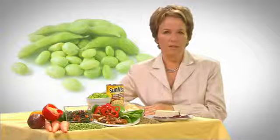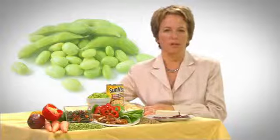Beans are terrific sources of fiber, potassium, and B vitamins, and a cup of cooked beans can have as much as 16 grams of protein. And, like all plant foods, they're naturally cholesterol-free and low in fat and sodium. They're also the only foods that get 2 spots on the USDA Food Guide Pyramid, in the protein group and